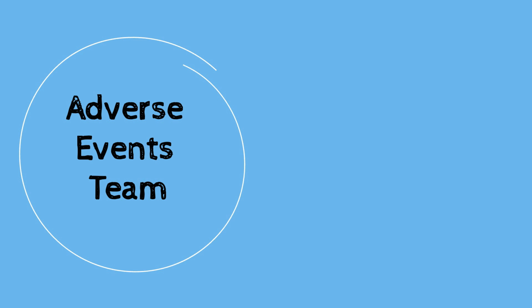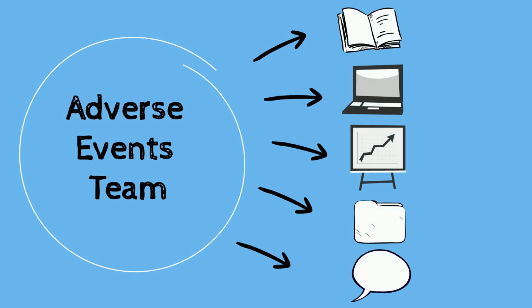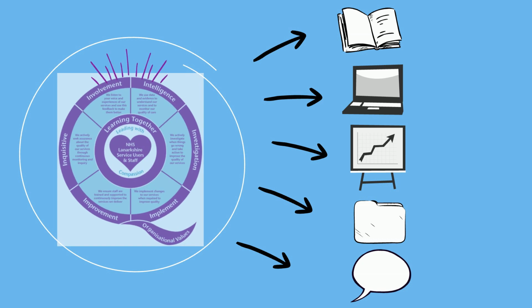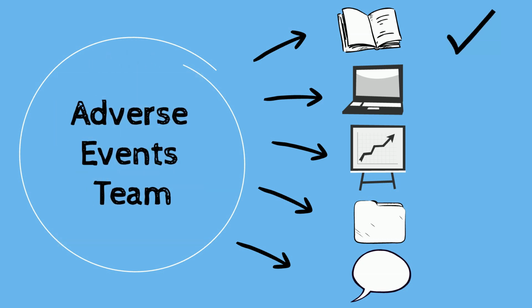Firstly, I'd like to give you some detail about the remit of the adverse events team. As part of the assurance team, we sit within the Quality Directorate and we provide advice and guidance on the management of adverse events, ensuring that all adverse events data is reported, it's acted upon, and also that it's analysed accordingly. We also develop and implement the systems to manage adverse events, such as the incident reporting system, and we ensure that all events are thoroughly and appropriately investigated.